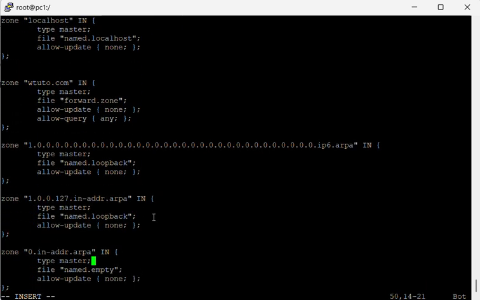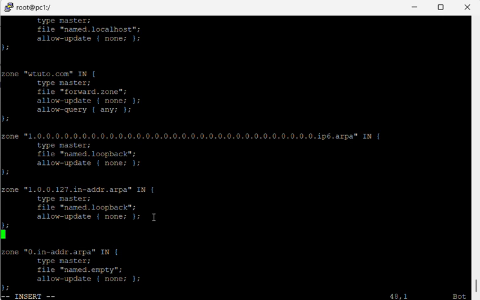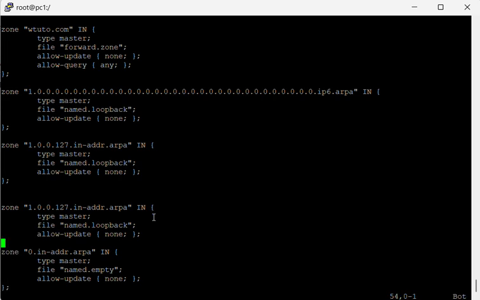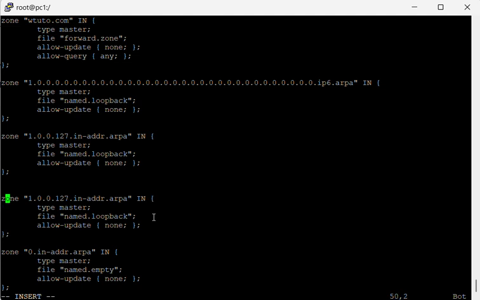Likewise, for the reverse zone for localhost, you see the IP address of localhost is 127 in reverse order. I will also copy this settings lines and mention my reverse zone. So in reverse zone, you just have to mention the IP in reverse order. You can mention the first three sections of IP address. So in my case, it will be 0.0.10,